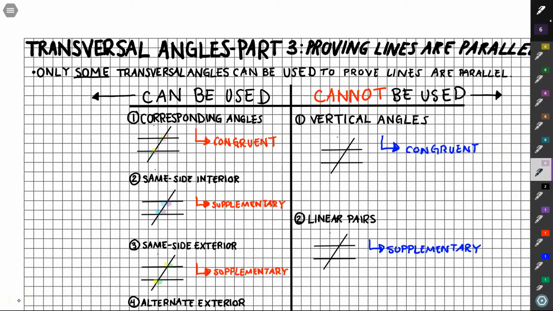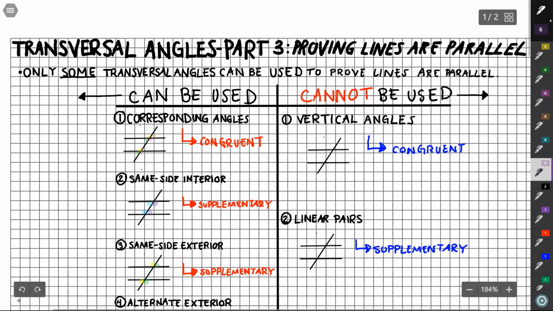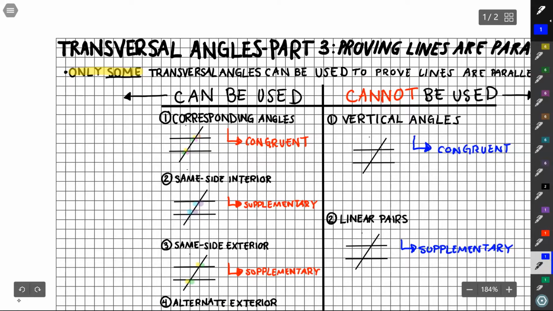Alright guys, so today we're going to finish up our segment on transversal angles. So this is part 3, where we're proving lines are parallel using properties of transversal angles. So first things first, we need to make sure that everybody knows that only some of these transversal angles can be used to prove that lines are parallel. Right? The angles that we can use, we're able to use them because their properties